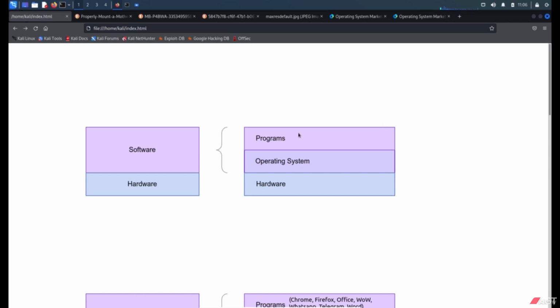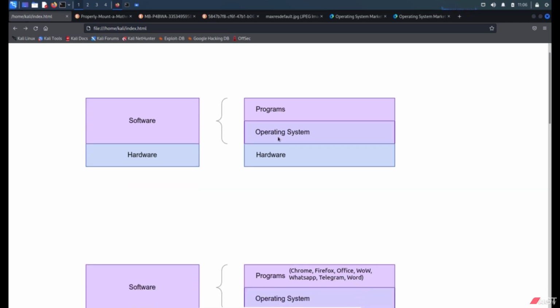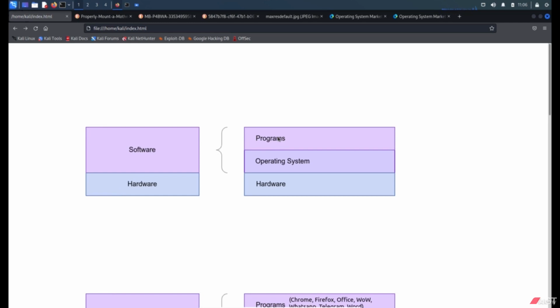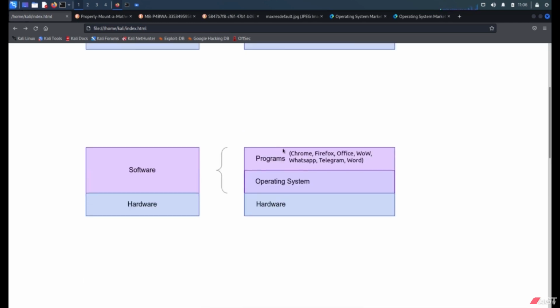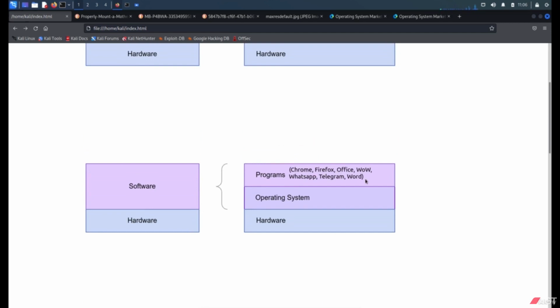So obviously you use programs every day. When you use your iPhone, your Android phone, or your Windows or Mac computer, you run different programs like Firefox, Chrome, Office, World of Warcraft, or any other program, like the apps you can install on your device. So that is software. It doesn't actually exist in the physical world, and it's something you can